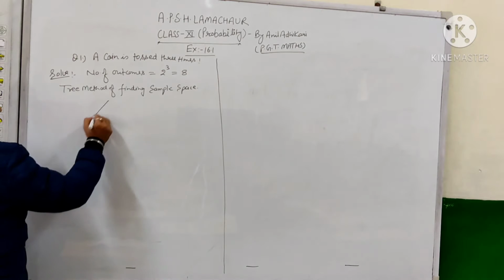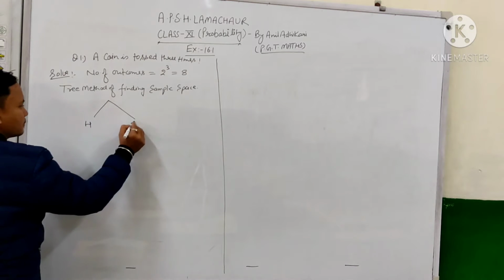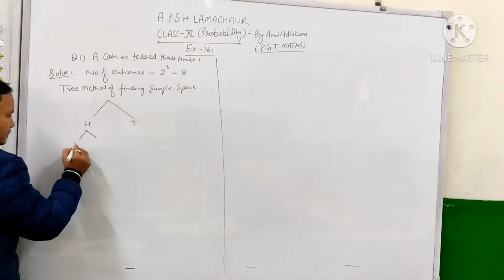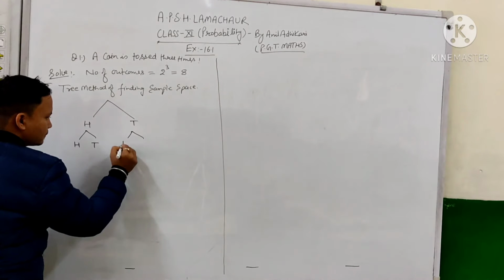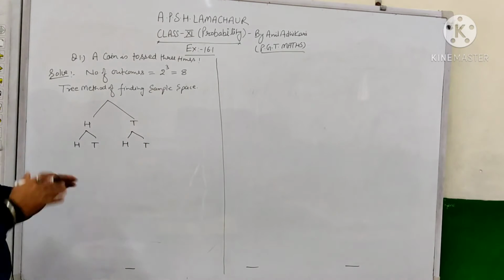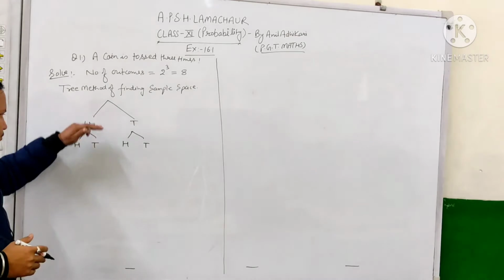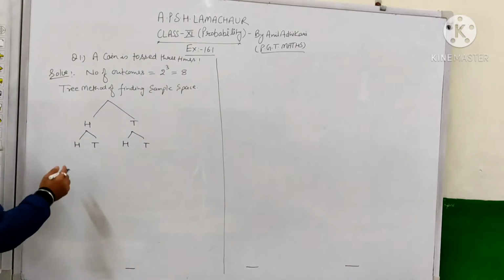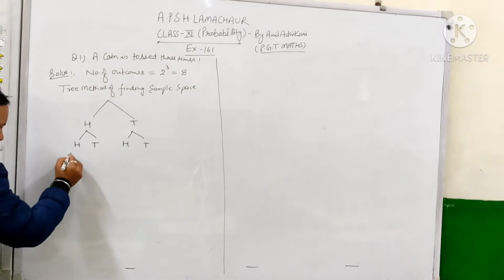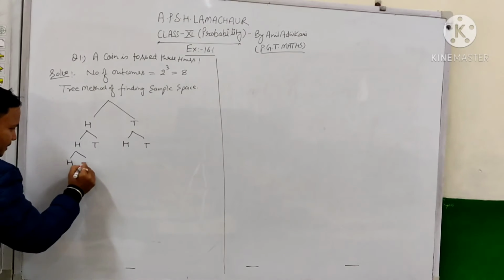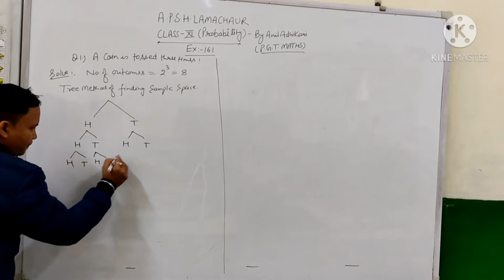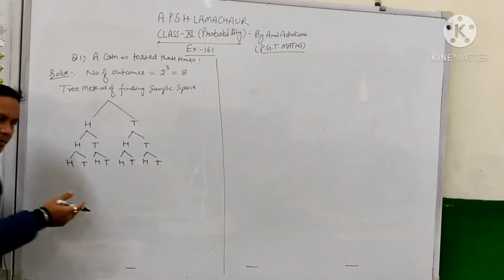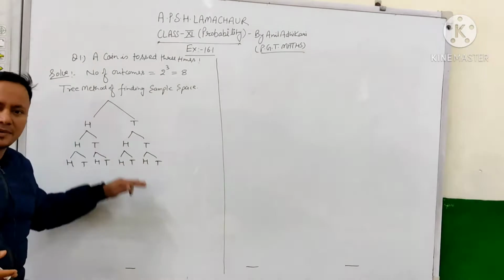Okay. So in one toss we get head and tail. This is the first toss. In the second toss we again get head and tail. Just make a tree. These are the 2 branches. Then these 2 branches are respectively expanded into 4 different branches. Then again, since the coin is tossed 3 times, again head and tail from each branch. As many times as the toss is happening, you keep expanding the branches in the same way.